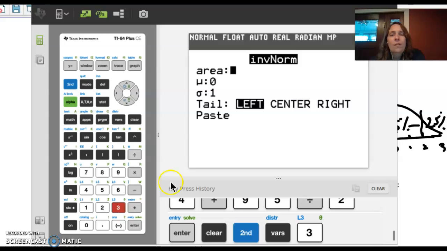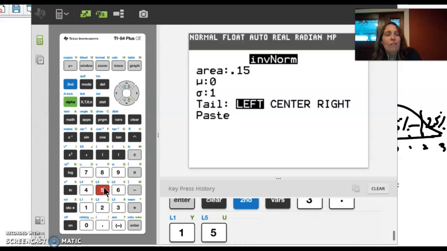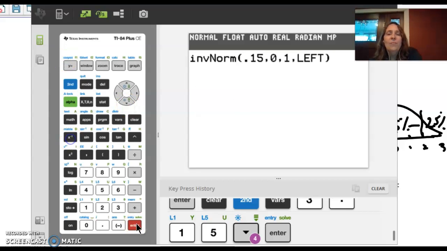So in this particular case, I'm interested in the boundary that separates, let's say, the lower 15% of the data. So the area to the left of my boundary is going to be 15% or 0.15. I'm still looking for the z-score, so I'm keeping my mu at 0 and my sigma at 1. My tail is the left-hand tail because I'm basically saying where is there 15% to the left of this boundary. So if I go ahead to paste, then it will tell me that the boundary is at